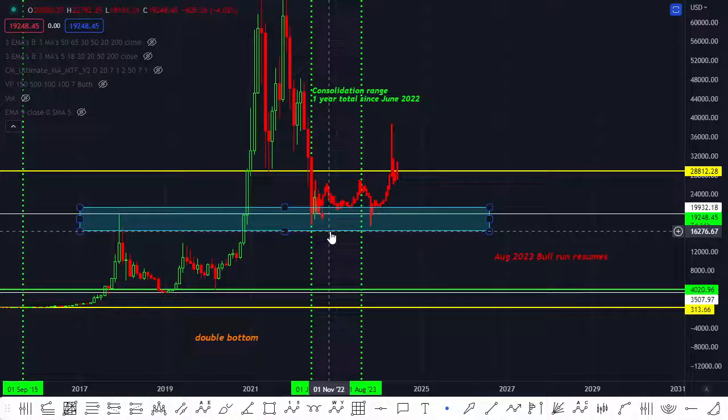But that doesn't mean that you cannot also accumulate at these levels, because most tokens are still down, 10x, 5x, whatever. Some tokens are down a lot. Like, for example, ADA, it was at $3 all-time high, and now it's hovering at 0.4. So that's pretty low. So it's almost like a 6x or a 7x down. So with that said, obviously accumulating here is great.